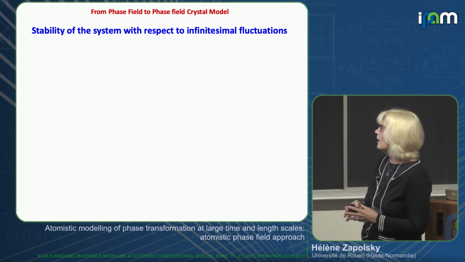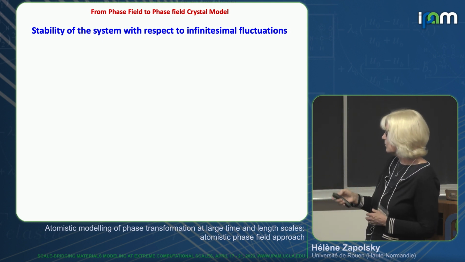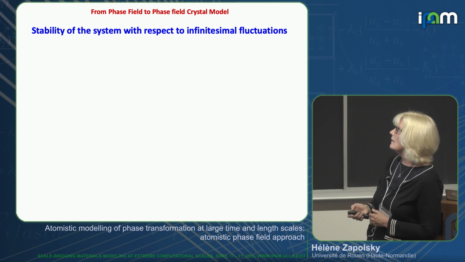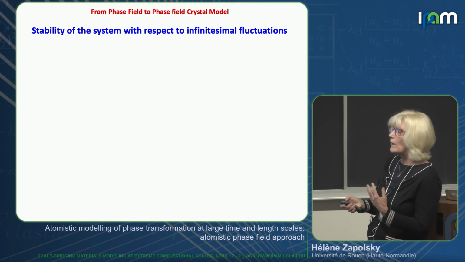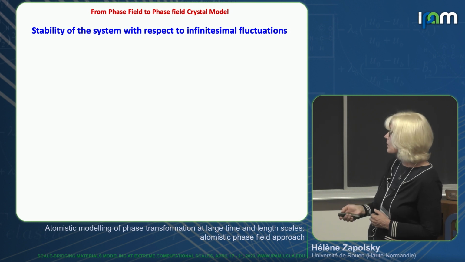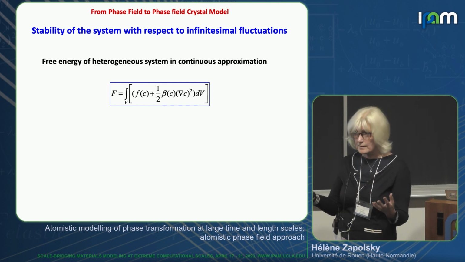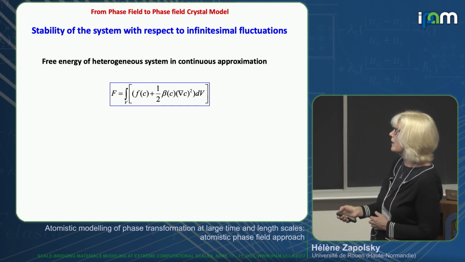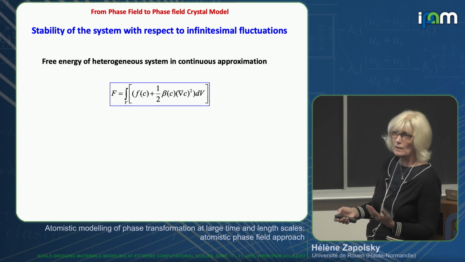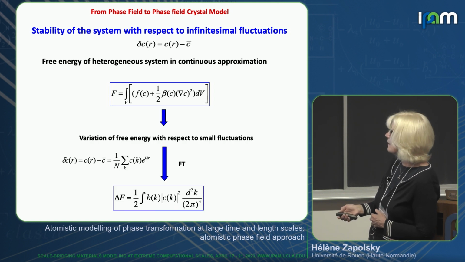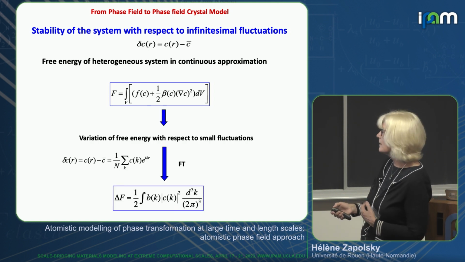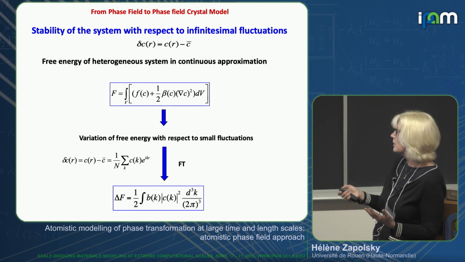First of all, to describe a little bit how PFC, the phase field crystal method, was done, and how it can describe the atomistic resolution. Just to remember that the free energy in the phase field contains two terms. The first term is the homogeneous free energy, which describes the coexisting phases, and the second one is the interface term, which is defined by the gradient squared, and beta is proportional to the energy of the interface. Then if we introduce a small fluctuation in the system, which should relax normally with the Landau-Ginzburg